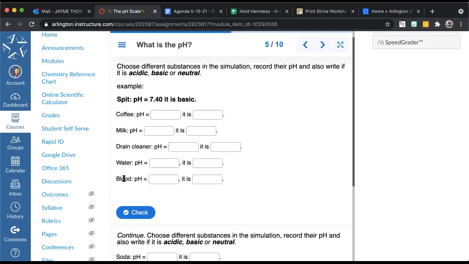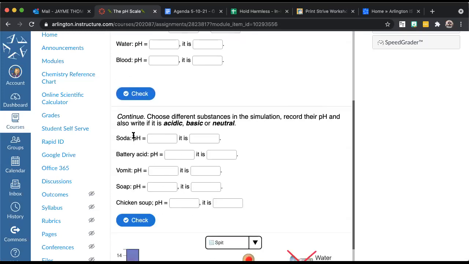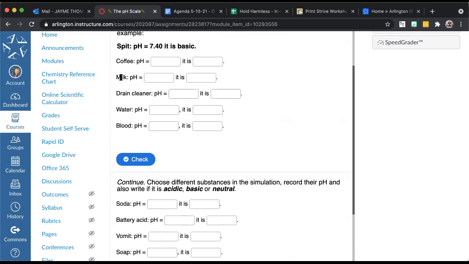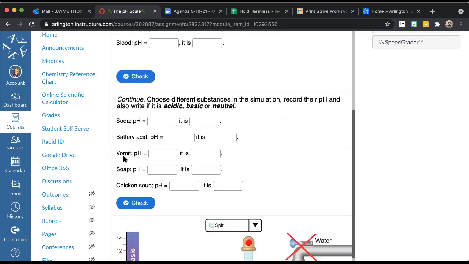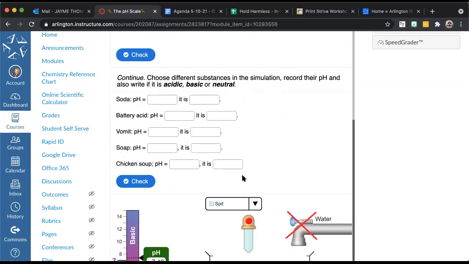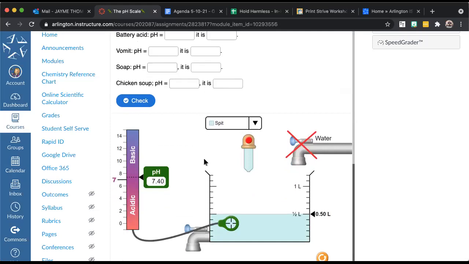So there are several listed here, so you can change, like I said, from that drop-down menu in the simulation and read their pH and then determine how you would categorize it: acidic, basic, or neutral. And then it's going to have you do some more. So let's see, we're going to do coffee, milk, drain cleaner, water, blood, soda, battery acid, vomit, soap, chicken soup. Okay. And then once you go through and do those and you check,